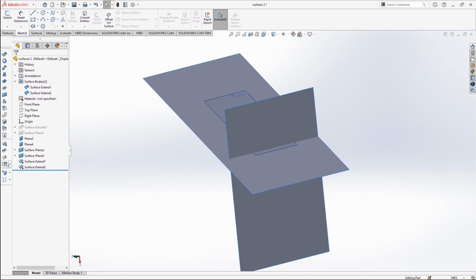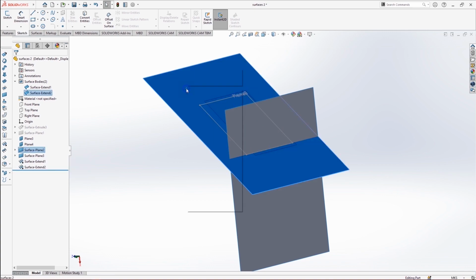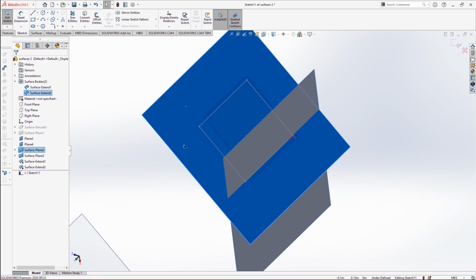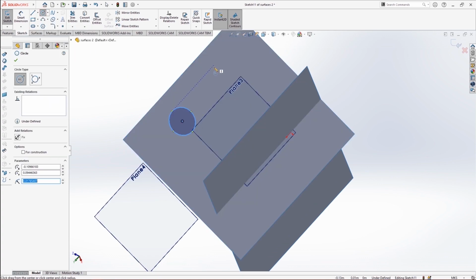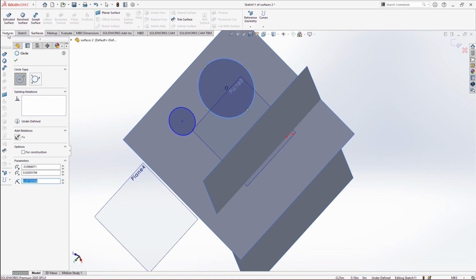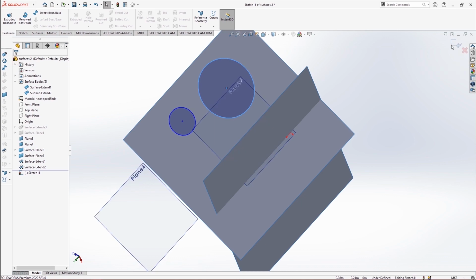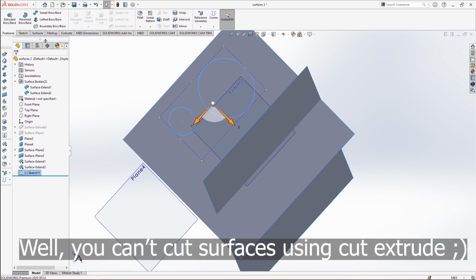Now next is untrimmed surface. Untrimmed surface you can understand by, for example, if I make a few holes here, and if I cut it,